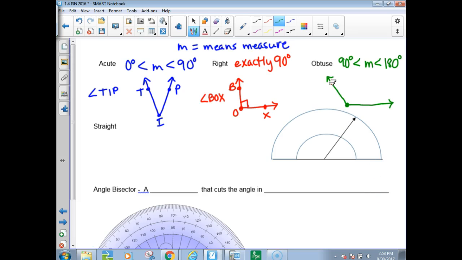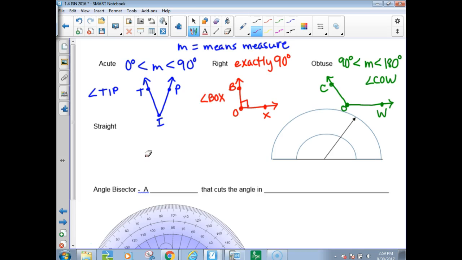So let's call this one C-O-W. This one's angle COW. I'm just playing around. I wrote kind of close to my little protractor. Oh well. Okay,